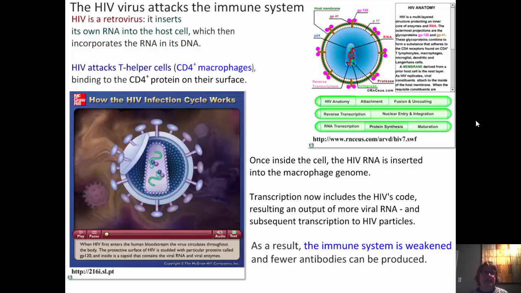It attacks these T helper cells by binding to a specific protein on their surface. Once inside the cell, the HIV RNA, as I said, is inserted into the macrophage's genome. Then it tricks the macrophage into doing transcription that includes the HIV's code, and that puts out more viral RNA and then, subsequently, more HIV particles. So the immune system becomes weakened because we have fewer helper T cells, and we're also going to make